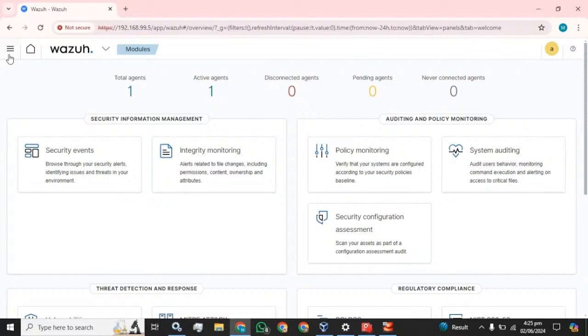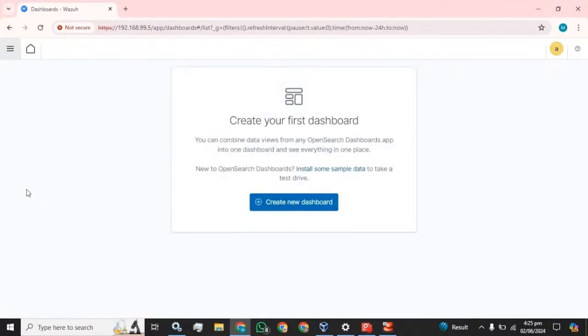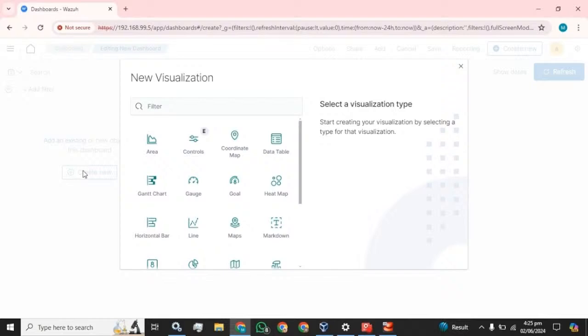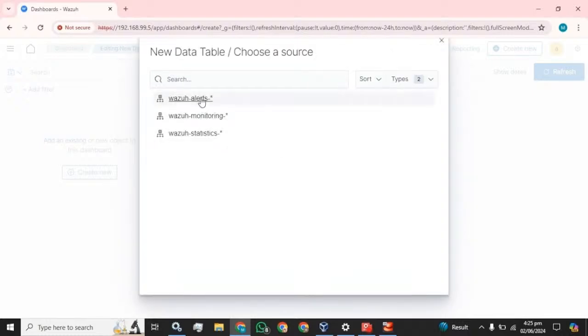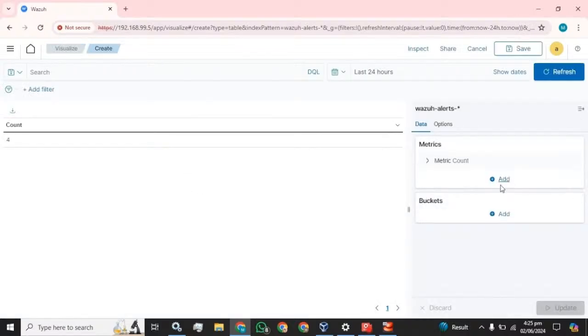You have to go to the main menu first and see here the dashboard. Click on this and create your first dashboard. So I am going to create the first dashboard. I am going to use a data table to display values. Okay, we will select the Wazuh alerts. So in the metrics, in the bucket, we are going to select split table,